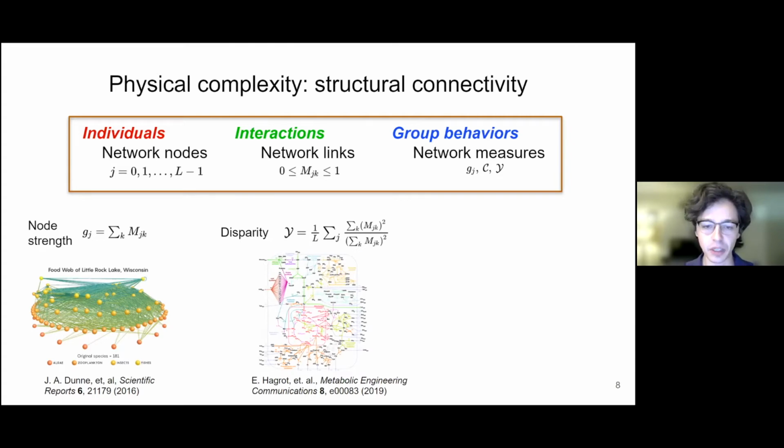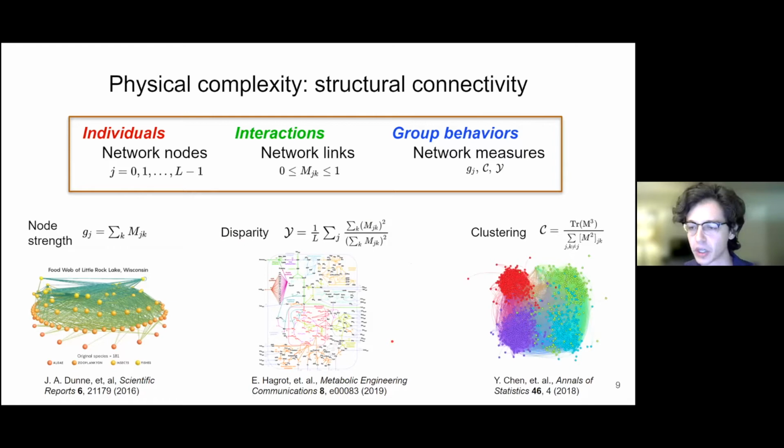Another example of a network measure is disparity. Disparity measures how much a network resembles a backbone. An example of a highly disparate network is shown here. This is showing the metabolic pathways of biomolecules in a cellular organism, I think it was a hamster embryo. These large biomolecules can be broken up by the cell and used in lots of different cellular functions. There are different ways that breakdown can go depending on what the cell needs at any time. The resulting network has this backbone structure, which would be characterized as having a high disparity.